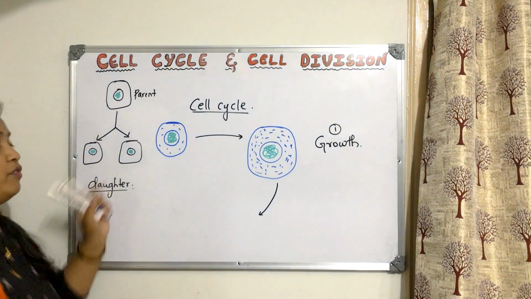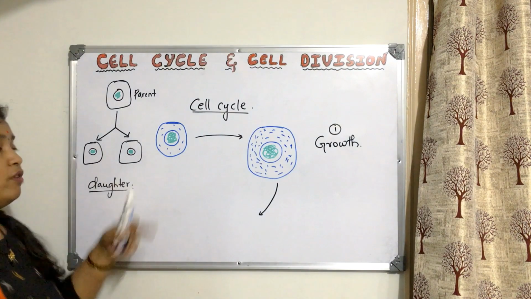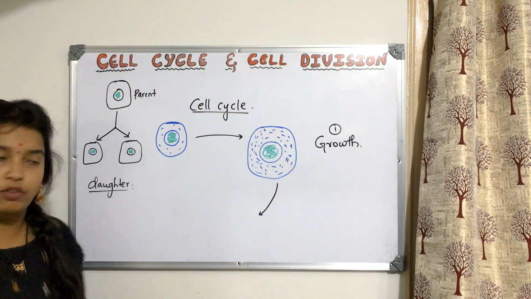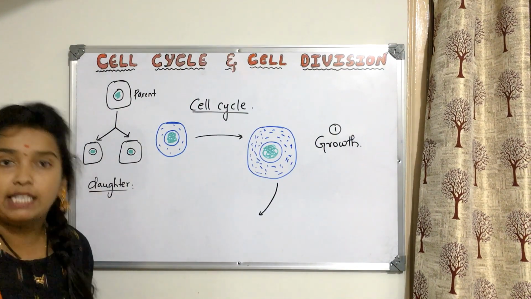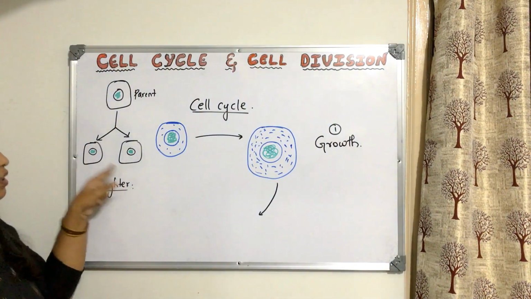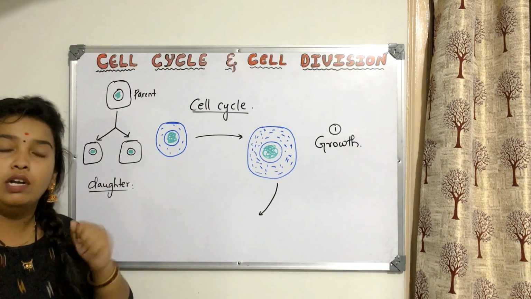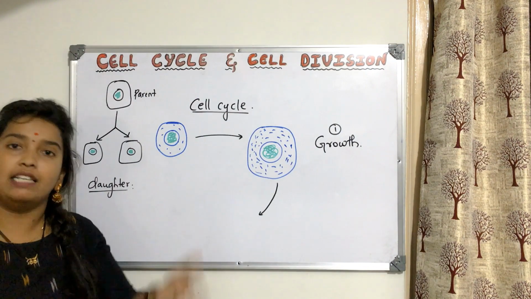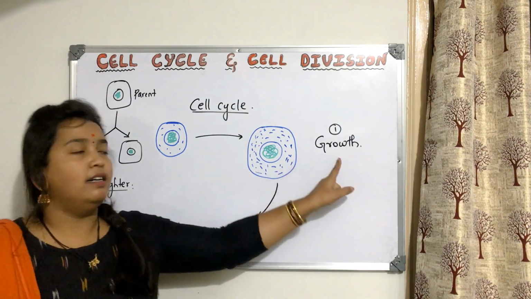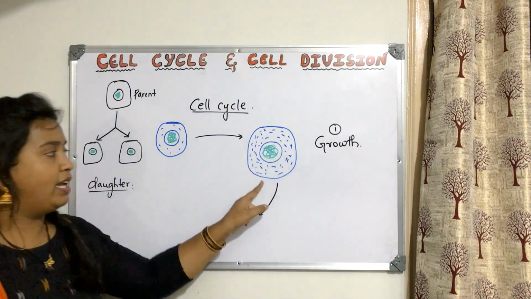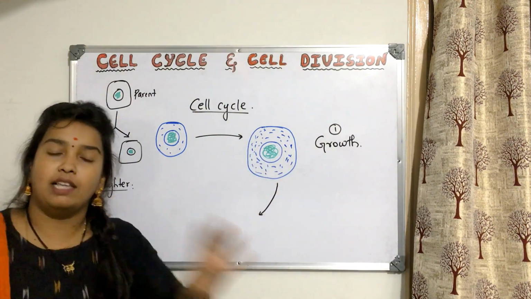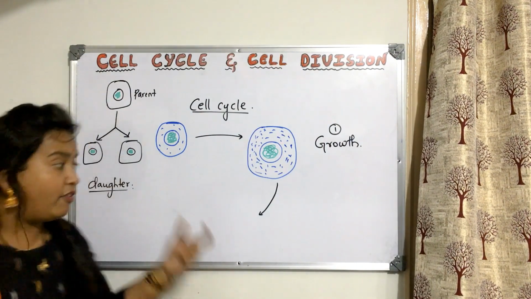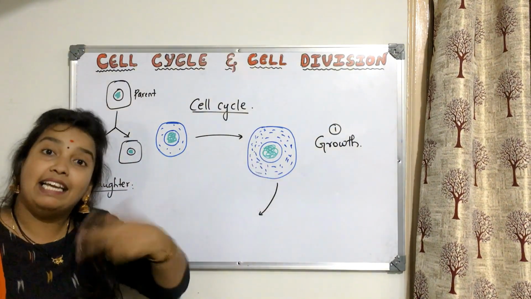When the same amount of DNA should be provided, the same amount of organelles and the same amount of cytoplasmic content should be provided for the daughter cells. Then obviously, before the division, what should this cell do? It should increase its content of DNA, it should increase the organelles, it should increase the cytoplasm. That is what is happening in the first step. All the cytoplasmic content and all the cellular organelles are doubling. It is increasing. After that the DNA will double.